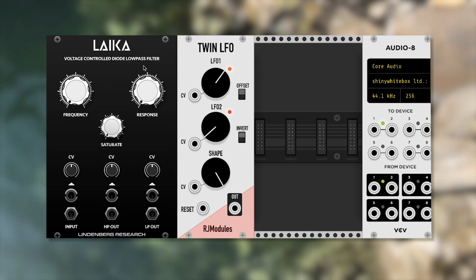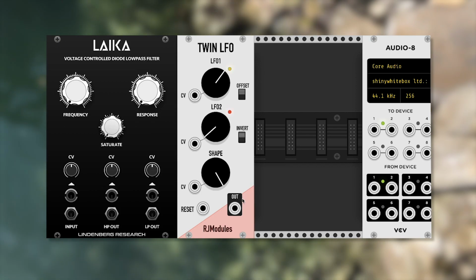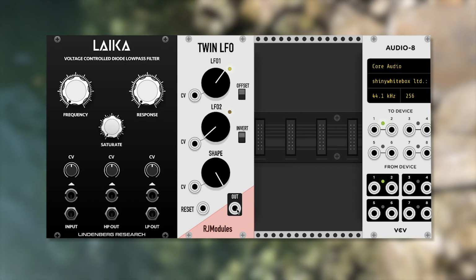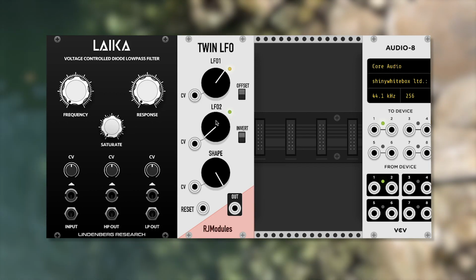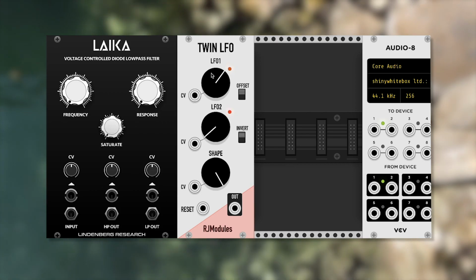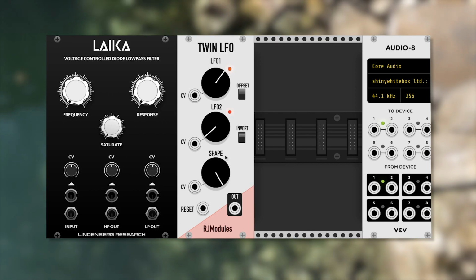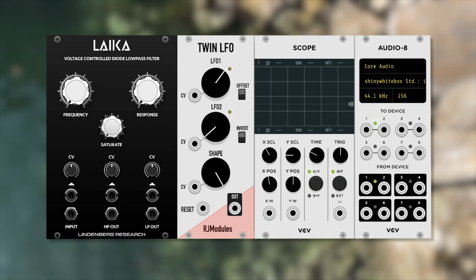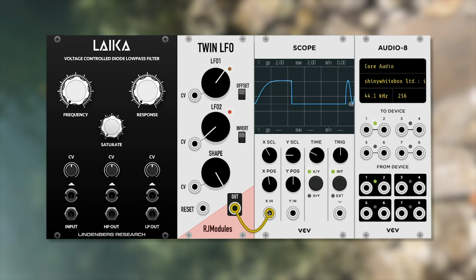So here we are with our 2 modules, and interestingly, the Twin LFO only has 1 output despite having 2 LFOs. And I read the manual and I found out that the second LFO actually modulates the frequency of the first. So I was expecting a twin LFO, meaning a dual LFO, but they are twin in that they are connected. So that's pretty cool. And I learned that this shape knob goes between a sine and a saw wave shape. So if we put this into the scope, you can see